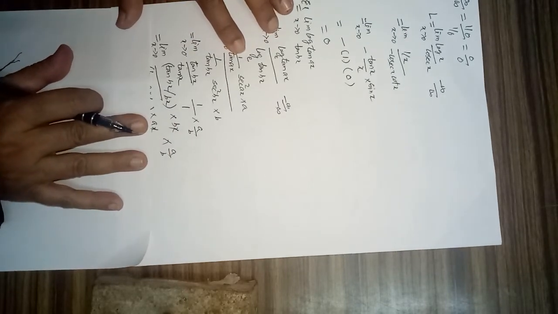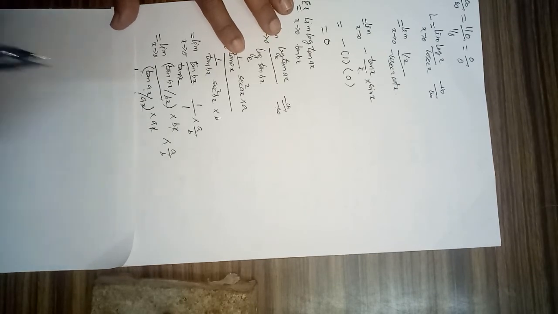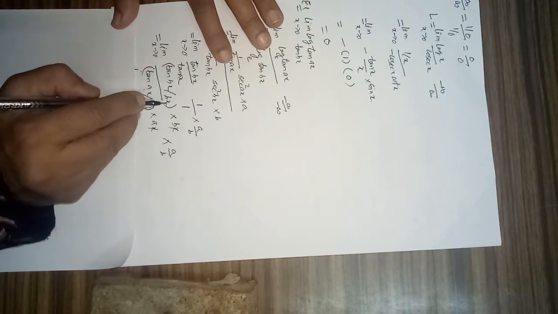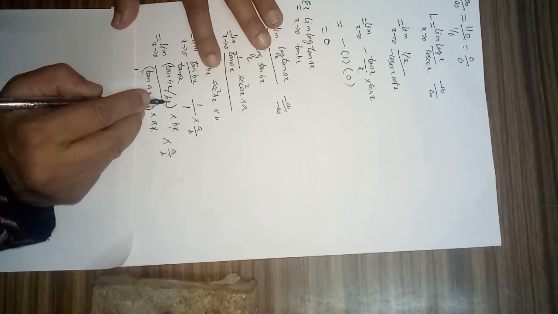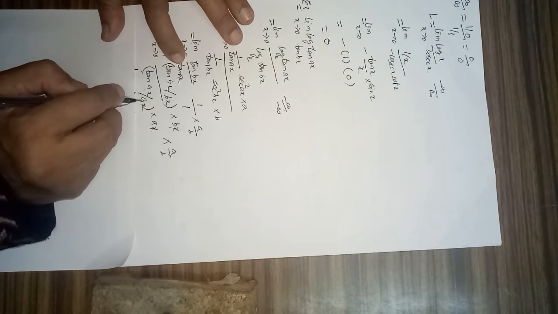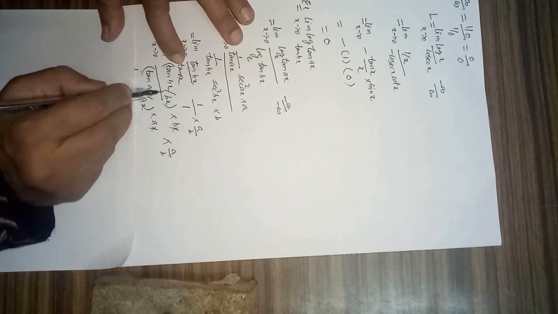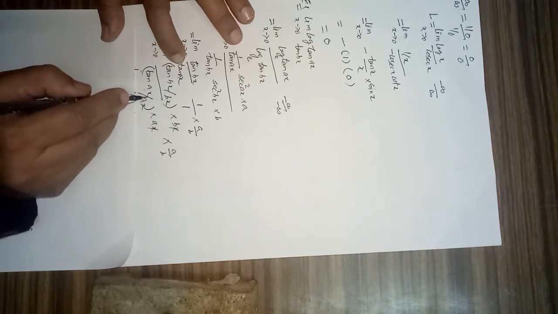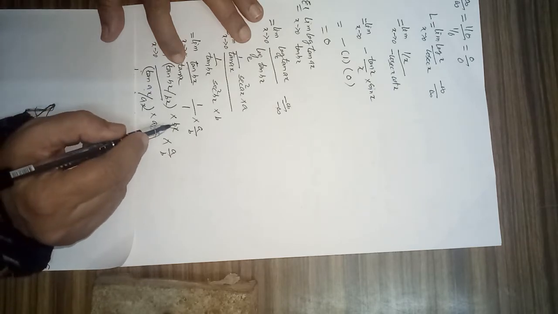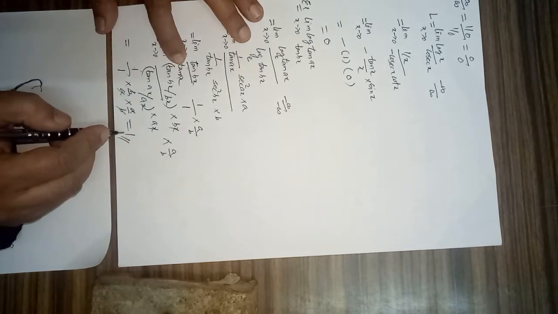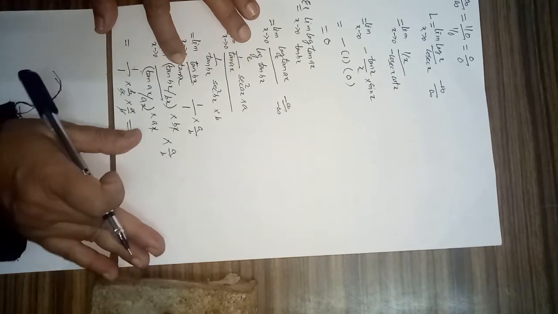Now I shall multiply and divide by suitable numbers, so that tan bx upon bx, like sin theta by theta, reduces to 1. Here also tan ax by ax, its limit will also be 1. I am multiplying and dividing by bx and ax, so its limit will be 1 and its limit will be 1, and there remains b by a into this a by b. Finally, simplifying, its limit is 1.